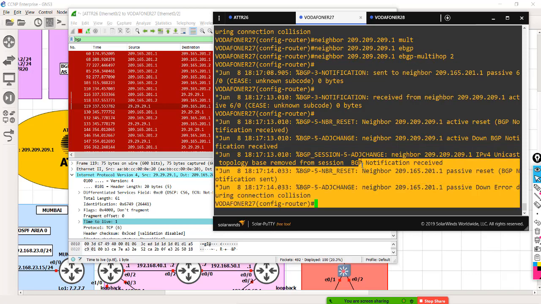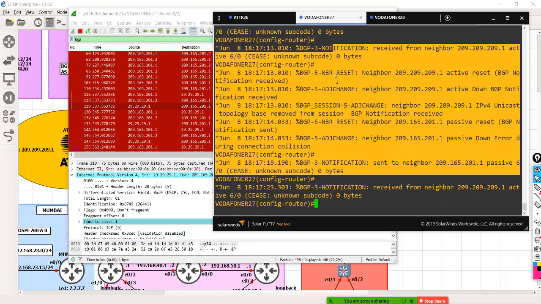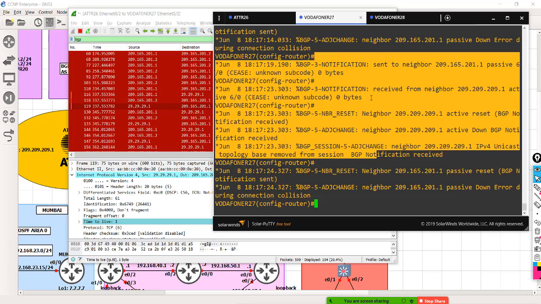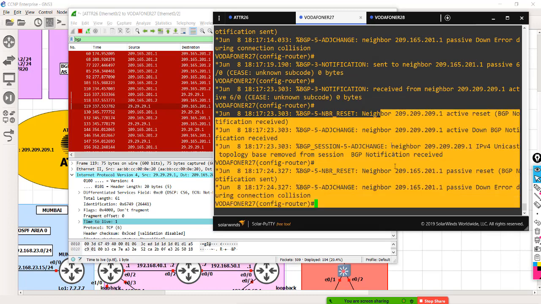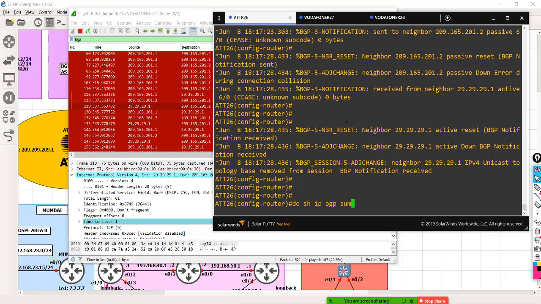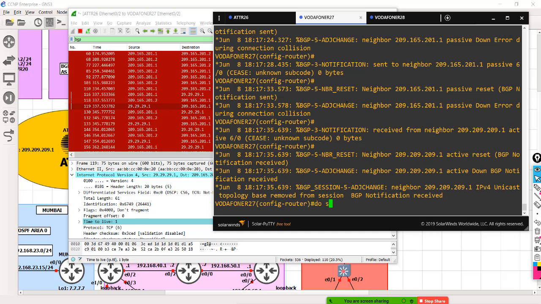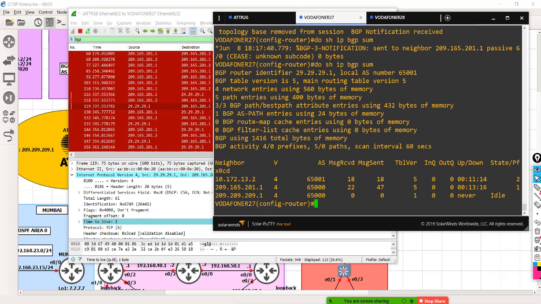So you can see passive down error. Okay, so BGP peer reset, lot of things. So let's see if neighbors are coming up or not. They are not up. You fixed the TTL, but they are not up. Okay, do show ip bgp summary. See, they are not up.